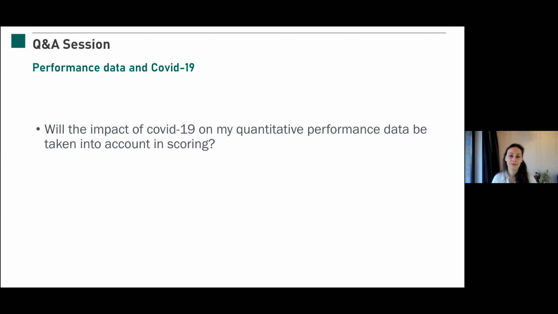And if that's the case, it's a very valid reason, and you can add that to the context box as well. So say it's the case that you have very low energy consumption, you can use the little text box below your indicator to add that detail, so your investors don't go, wait, why is the energy consumption so low this year? What's going on? You can just say, it's because of COVID, we had to shut down one of our buildings, so energy consumption is very low. So use that basically also for other things. So hopefully that will answer the question on the quantitative performance data in COVID.